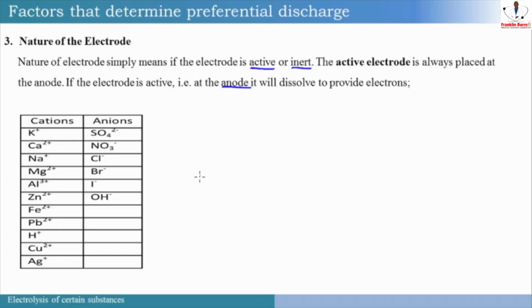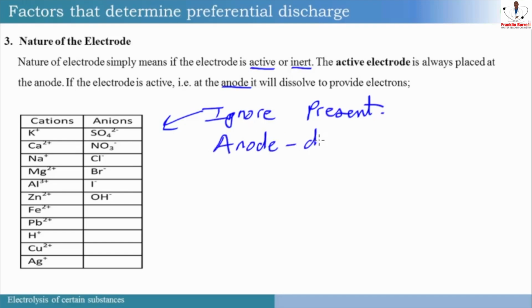Now, what do we mean by that electrode is active? First of all, we must ignore all ions that are present in the electrolyte because this is not taking preference. The type of electrodes take preference to factor 1 and factor 2. So we are going to ignore ions present because the only thing that is going to take place at the electrodes is that at the anode it will dissolve